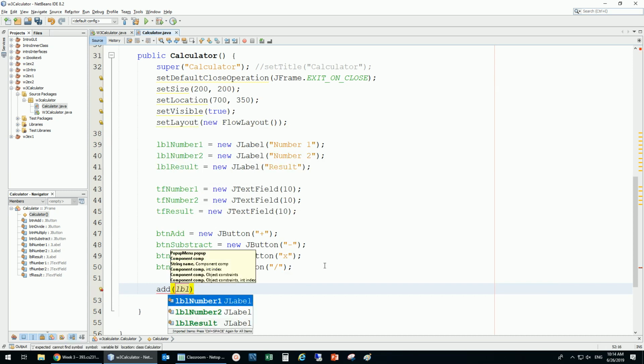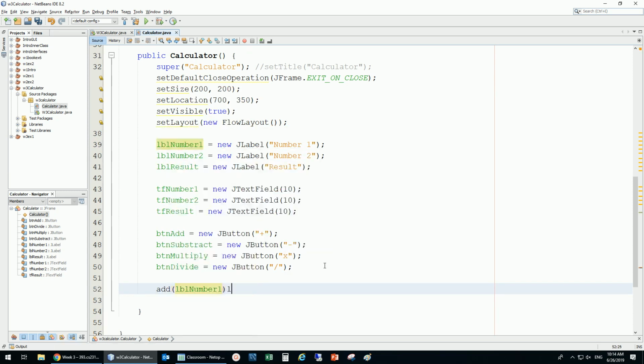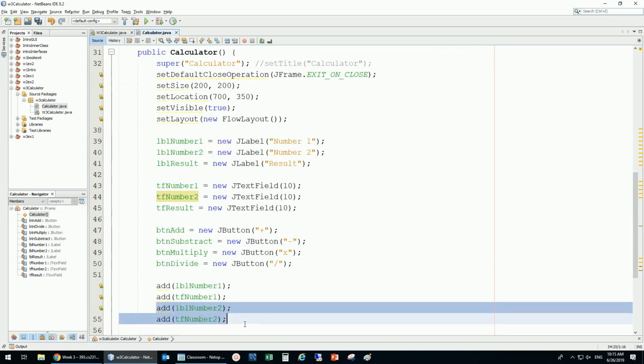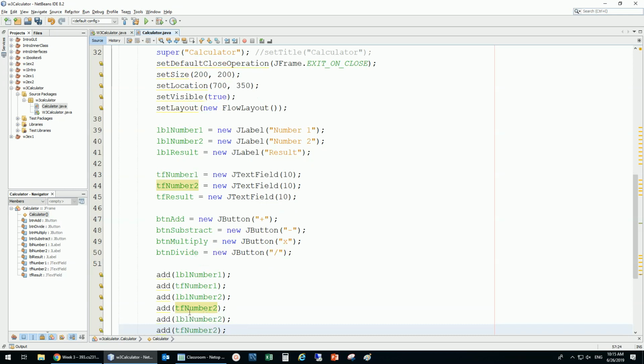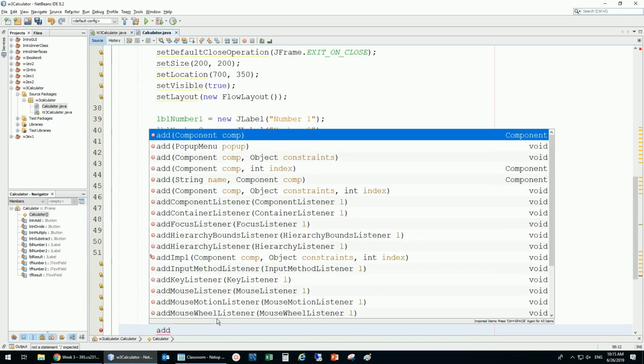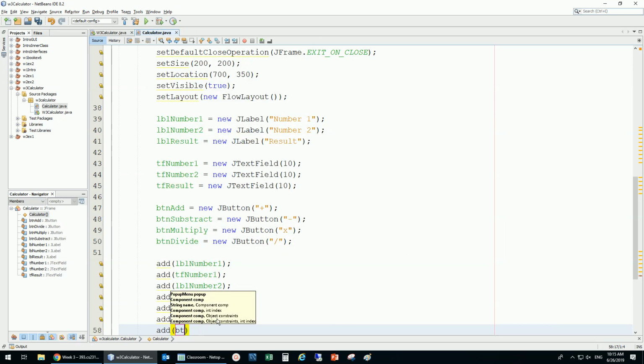So the first one is the label, then the text field, then label 2, then text field 2, then the label result, then the text field result, and then the buttons, the button add,